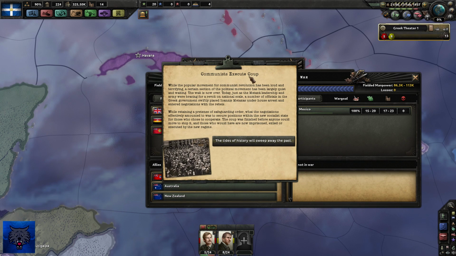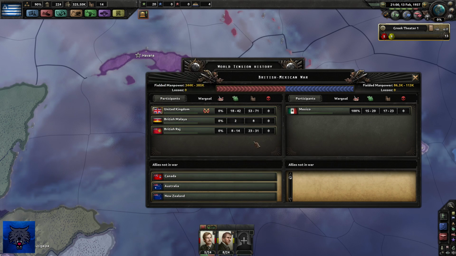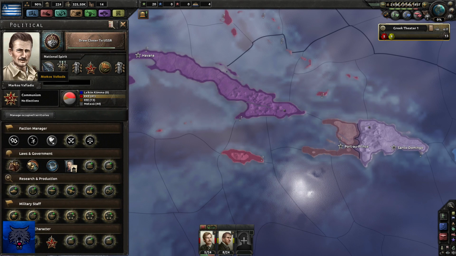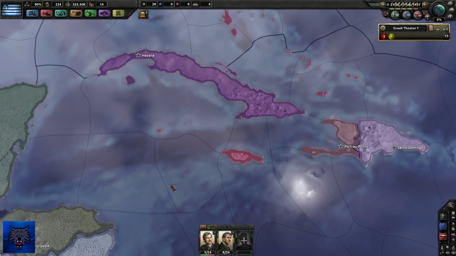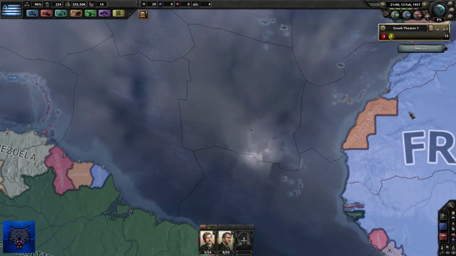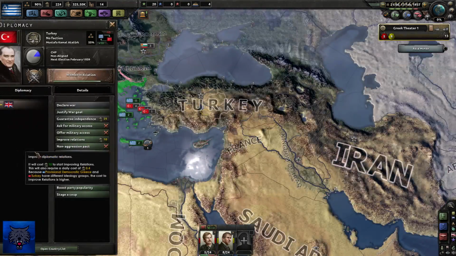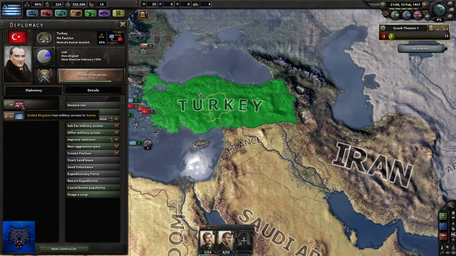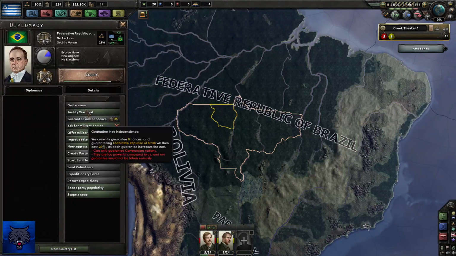Okay. Communists execute coup. The tide of history will sweep away the past. And yes! So the communists... Oh, who's this? Marcos Vafiadis. So Marcos here is the current descendant of the ancient King Leonidas. Okay, so for now, we can get Turkey on board. So let's boost the communist... Yeah, the UK has military access to them. Well... Mexico doesn't look...